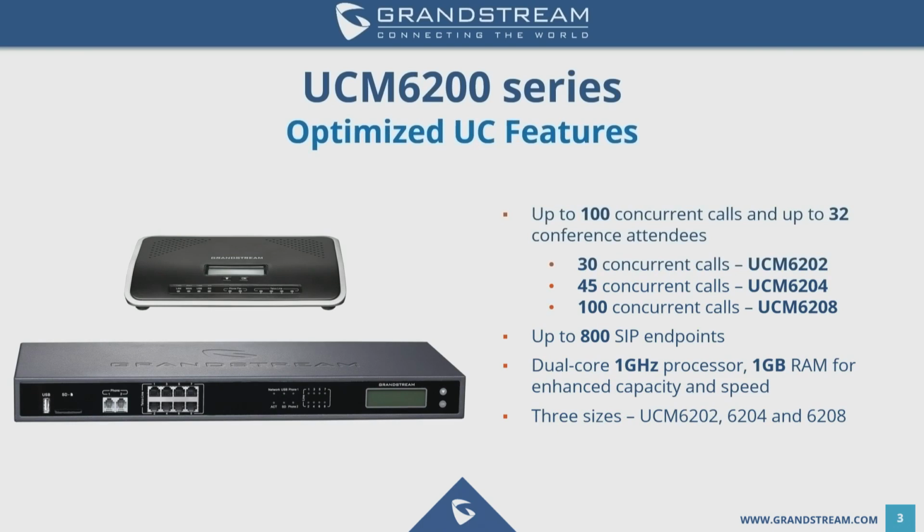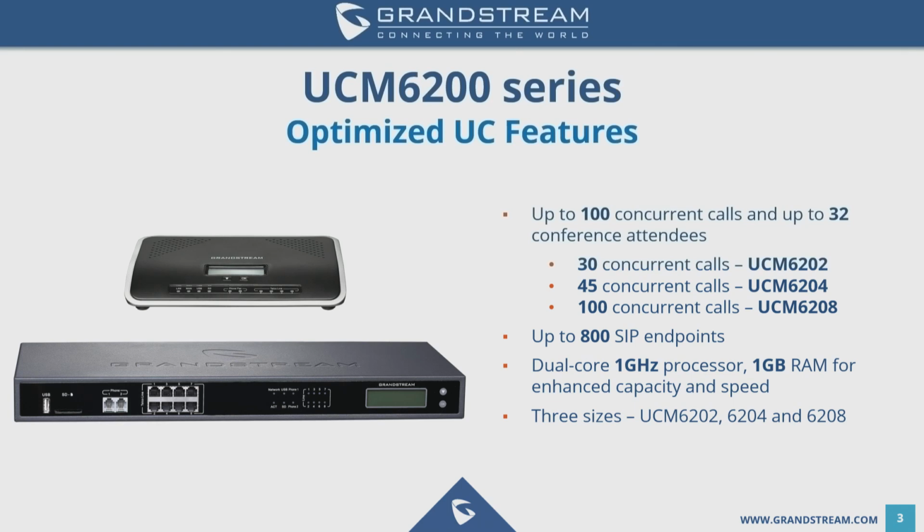So as I mentioned, it says 800 SIP endpoints. That's on the 6208; the 6202 and 6204 support 500. So that is one little change from the 6100 series to the 6200 series. That 8-port version, the 6208 versus the 6108, will give you, I believe, an additional 40 concurrent calls. I believe the 6108 supported 60 concurrent calls. So you get an extra 40 concurrent calls with the 6208, and you get an extra 300 users, endpoints, registrations, etc. It supports up to 800 users,